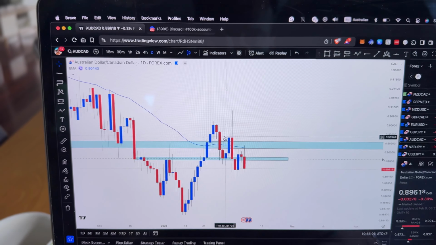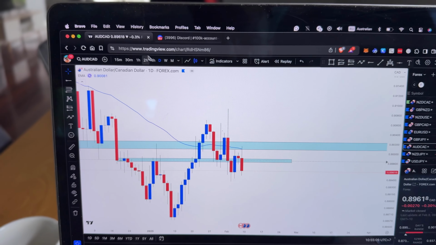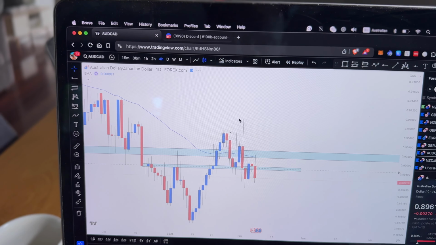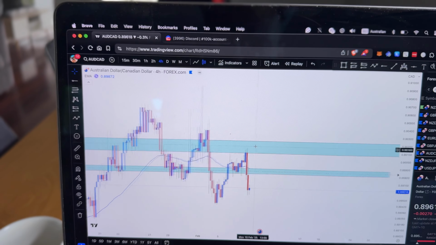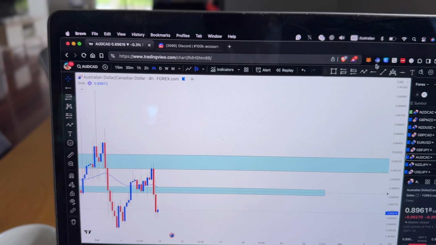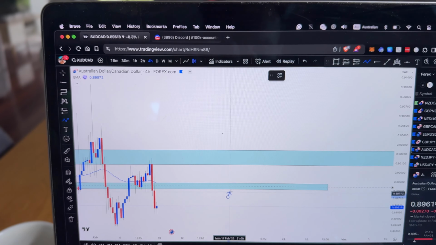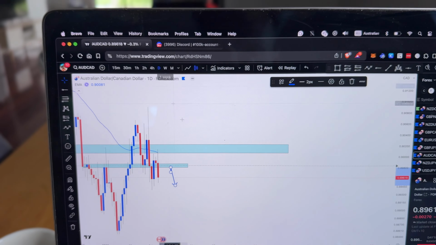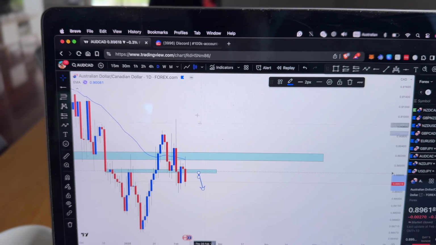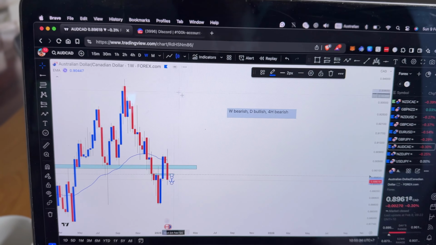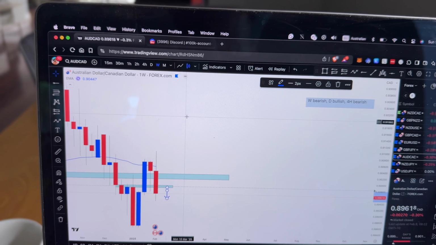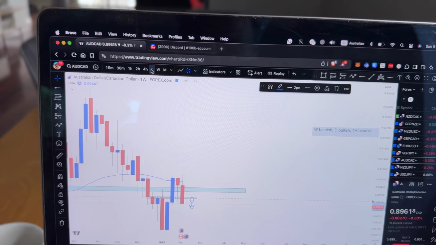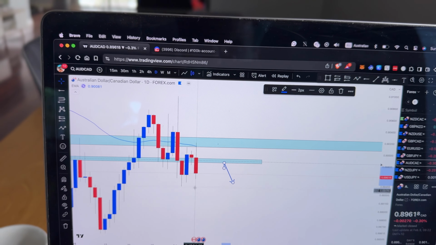AUD CAD, same thing here. What I'm waiting for is, even though this is still bullish on the daily, which is currently, I believe, yes, currently 4 hours bearish, I'm waiting for this to retest this area and then sell. But we will see what's going to happen, if I'm going to get strong rejection or not, because you know daily is still bullish, so I'm still not sure. Even though weekly is still bearish, or well, now it's technically bullish, but we'll see. I believe we can still go all the way down here.